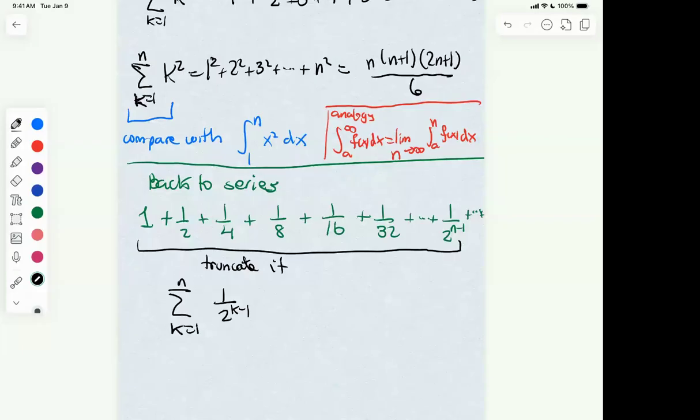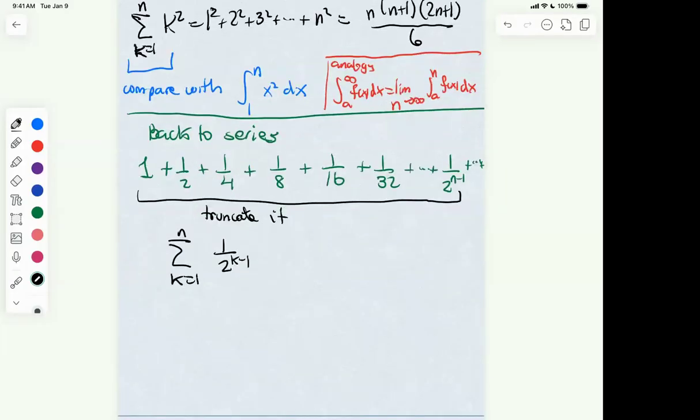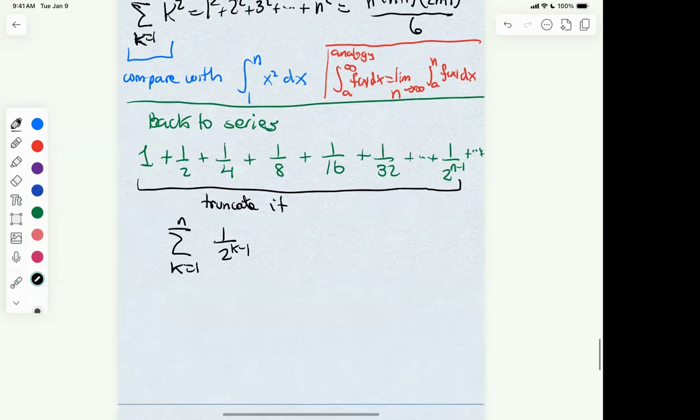Hopefully this makes sense from the sigma notation for the sum. If you were to put k equals 1, k equals 2, k equals 3, k equals 4, up to k equals n, you will get these first terms. Okay? This is going to be called this. Then you define the series, and you would like to take the limit as n goes to infinity of this, and so we want to define